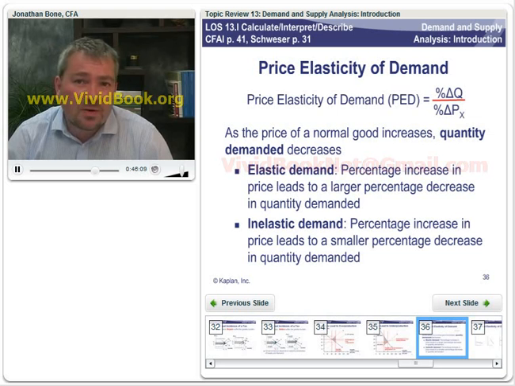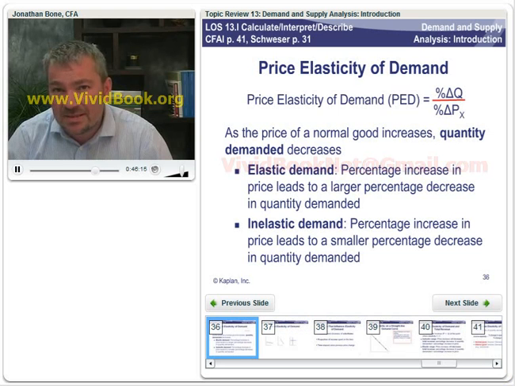We're going to talk about elastic demand. If the percentage change in quantity is greater than the percentage change in price, then we're elastic. A small change in price will lead to a bigger change in quantity. Remember there's an inverse relationship between price and demand, so we typically expect price elasticity to be negative. For example, if when prices fell by 10%, quantity demanded rose by more than 10%, we're talking about elastic